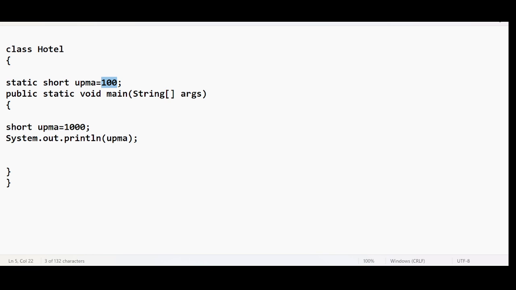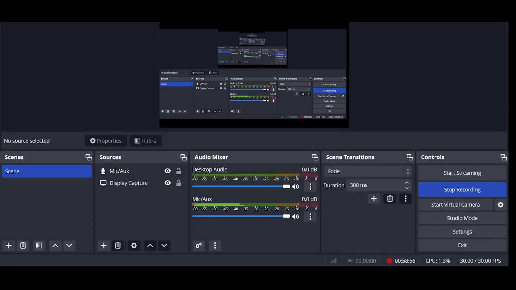Java says, if you have two variables with the same name, upma, but you want to print the variable that is declared outside the method, please use this keyword. Use this.upma. It means it will directly give priority to the class level variable, as simple as that. If I run this code,